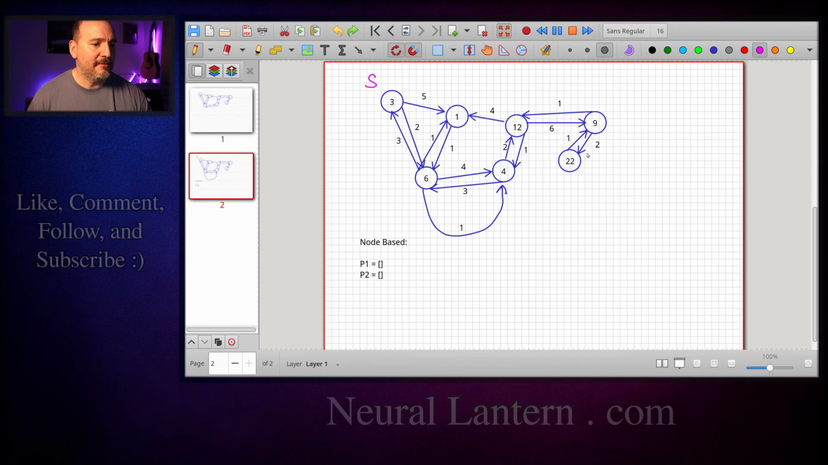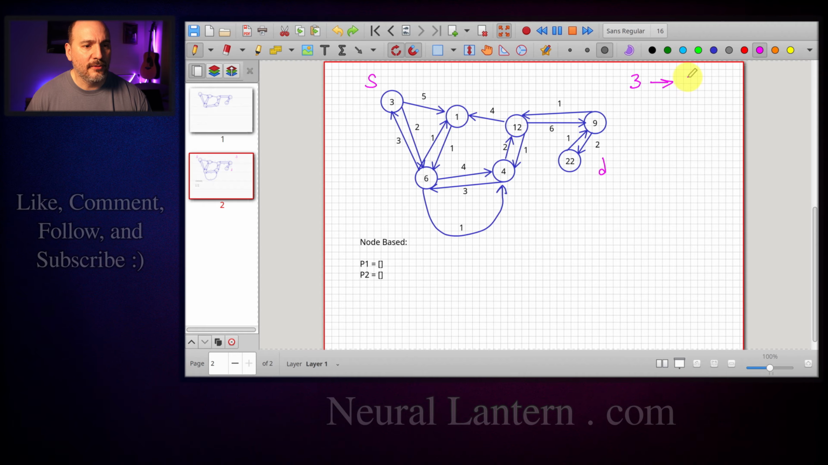And then I guess I'll put a D for destination, or donut. I'll put a D there on node number 22. So we'll say we're going to go from node 3 to node 22. So start and destination. A path-based